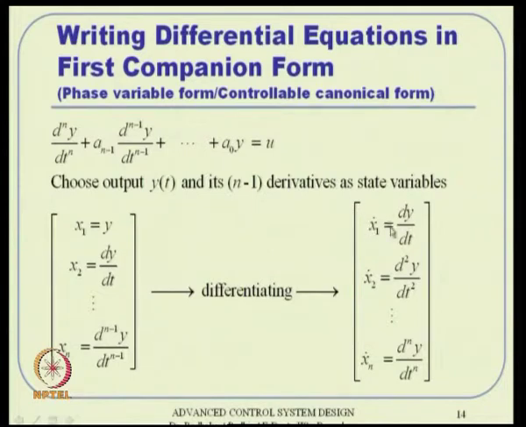Okay. So, x1 dot, what you see here, is y dot, which is dy by dt, and that is x2 by definition. So, x1 dot is dy by dt, x2 dot is d square y by dt square, and all the way you will find that up to x n minus 1 dot there is no problem. I mean you can just write it from definition, x n minus 1 dot is nothing but this quantity. So, that way it is easy actually. However, we see the last equation, x n dot is d n y by d t n, that expression. You have to write it all in the right hand side, and then try to see what all variables they take actually.